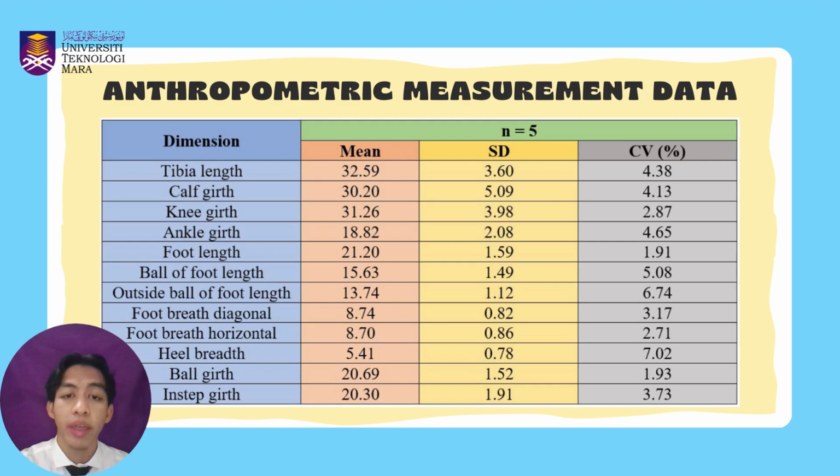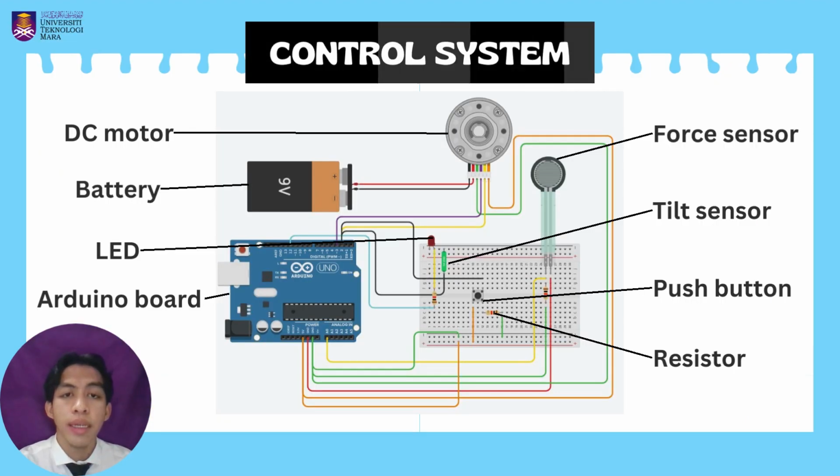However, only 12 measurements were required for the new AFO design in this study. This is the electronic circuit diagram for the control system. This electronic circuit diagram for a series elastic actuator can vary depending on the specific design and requirements of the AFO. However, the typical circuit for a SEA-based AFO in this project includes a battery to provide the necessary voltage